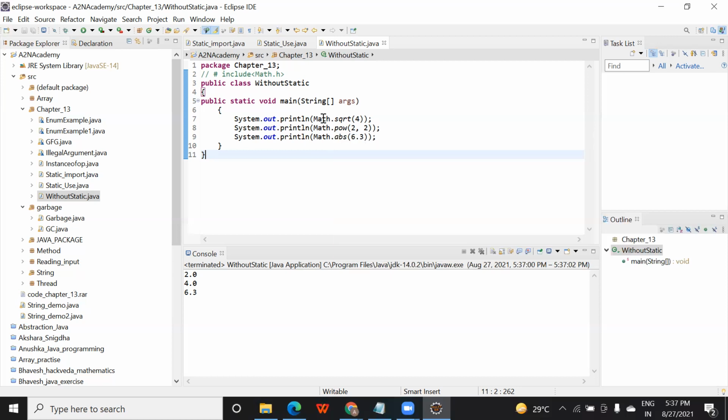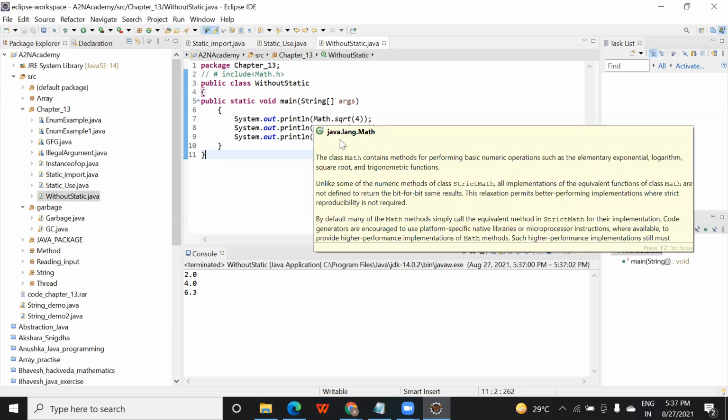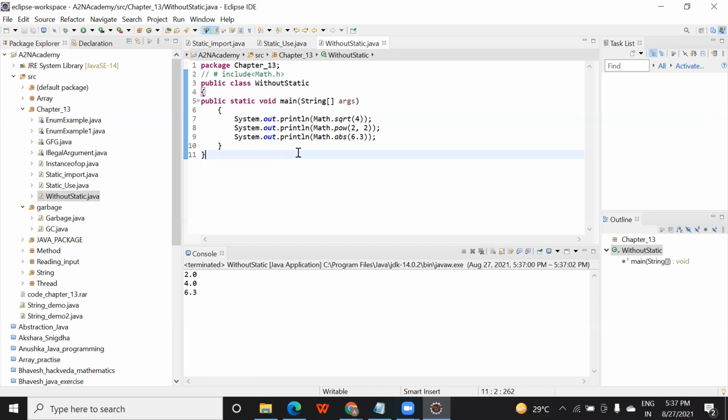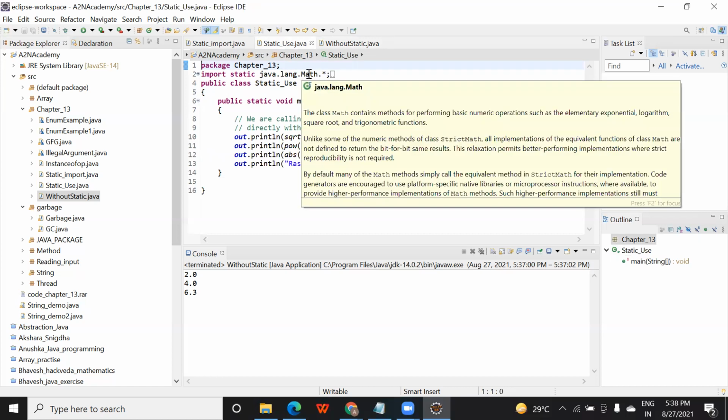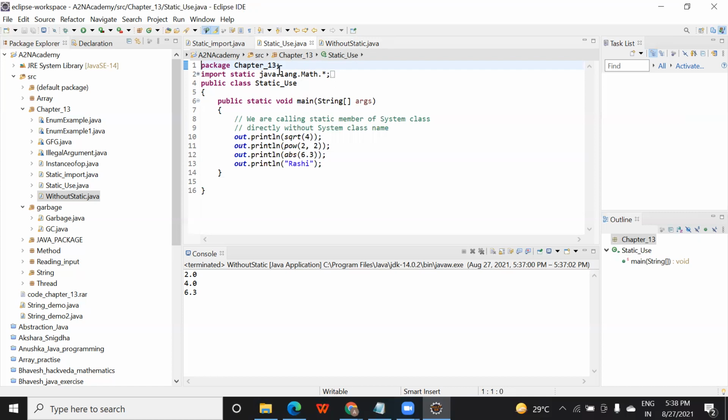So here you are using the Math function in order to run this. But suppose you don't want to use this, then in that case what you're going to do is just import static java.lang.Math.